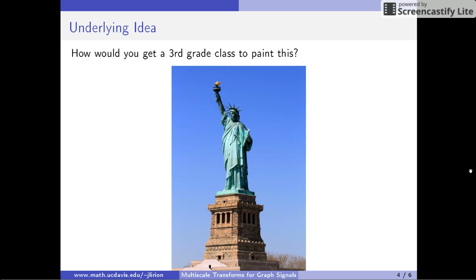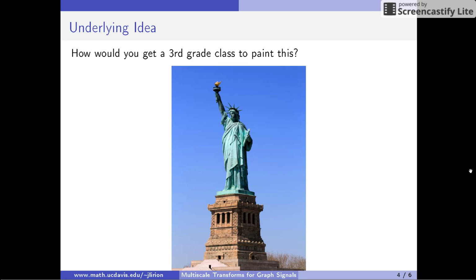To explain the underlying idea behind my research, I posed this question: how would you get a third grade class to paint this? I would argue that the best strategy is to assess the painting abilities of the students and assign portions of the image accordingly. You've probably got a few kids who are really good at painting, but they take a long time, so they'll paint the small, high detail regions, such as the head, the hand holding the torch, and maybe parts of the